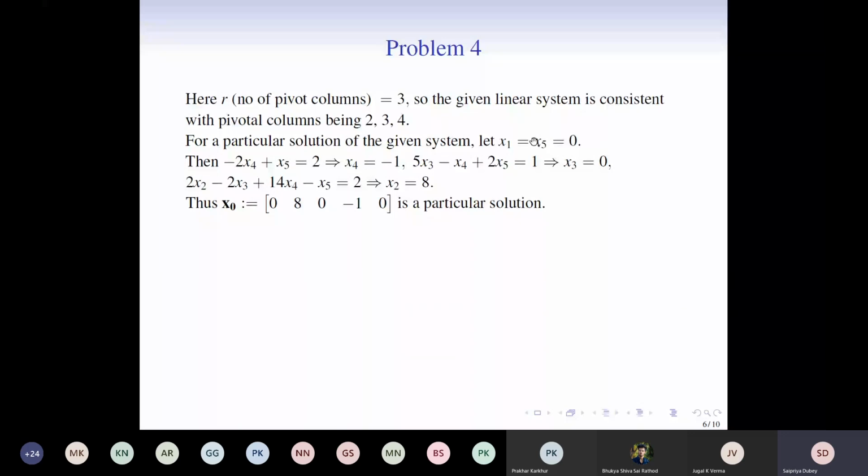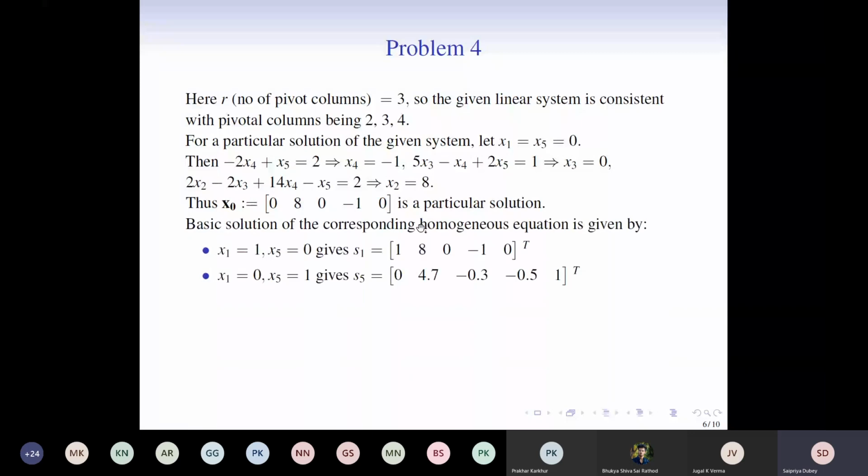We know x1 and x5 are equal to 0, and based on this we are finding x4. Why are we doing this? Because we have been asked to find all possible solutions, the general solution. So we are working towards that. Next we look at the second row in a similar manner. This involves x4, x5 and x3. We know two of these values, so that will give us the value of x3, and similarly for x2. The values we get after putting the free variables equal to 0 are known as the particular solution.